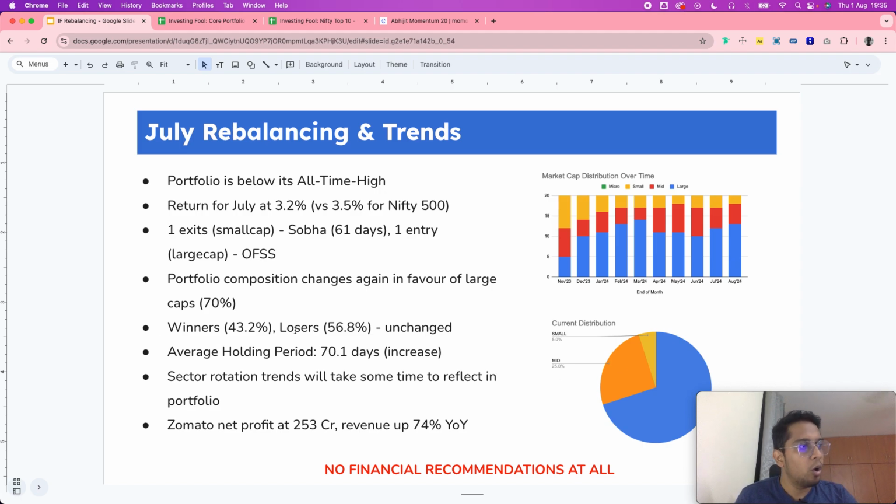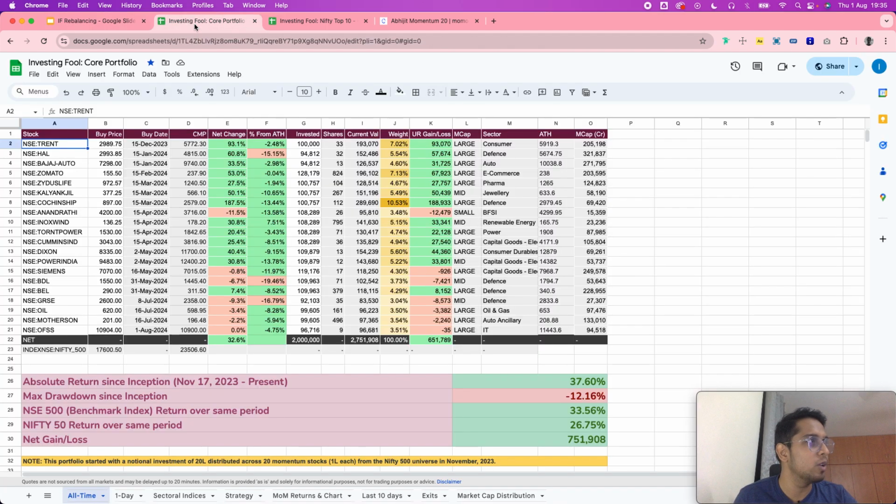The win-loss ratio, this is something that we calculate on the exits page. This remains unchanged because there is nothing more than one transaction. So let's take a look at the exits page. So on the exits page,